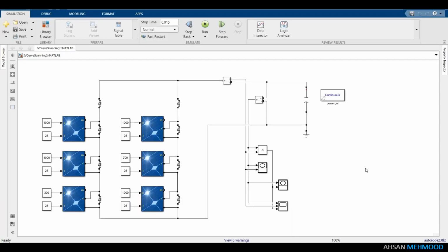This circuit is suitable for analyzing the IV and PV curves of a PV array by yourself. However, if you want to use the parameters of the IV and PV curves in an algorithm for fault detection or maximum power measurement, you will require an online IV curve scanner circuit that implies a DC to DC converter and a resistive load. Because boost converter is utilized as DC to DC converter in most photovoltaic applications, we will use it in our online IV curve scanner circuit as well.